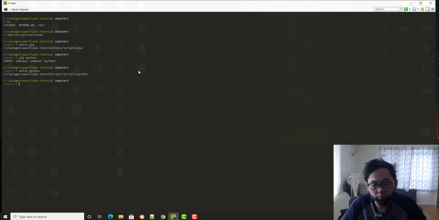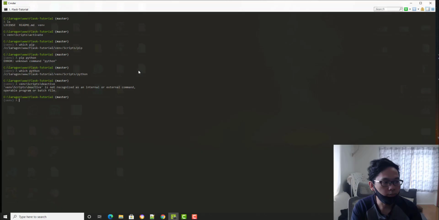That's virtual env, and you isolate all your packages in one folder. And one more thing, how to deactivate this and go back to normal: bnb Scripts activate, then deactivate, something like that.